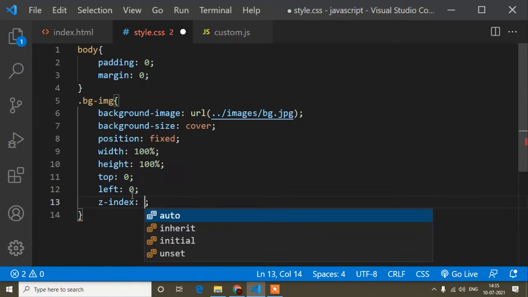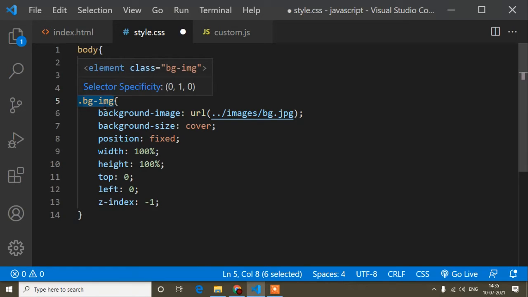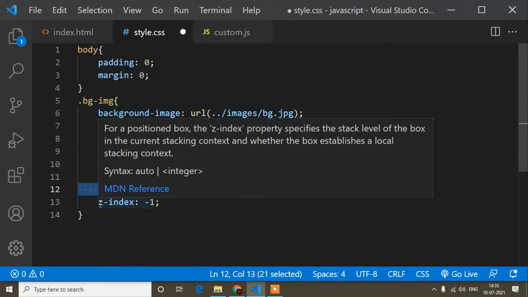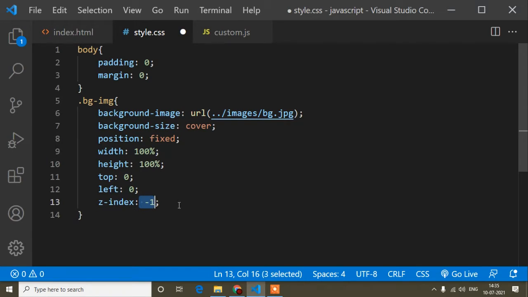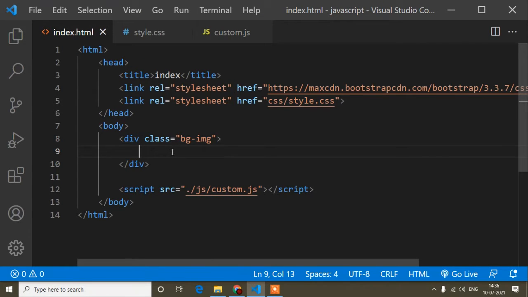First of all you have to understand why we write position: we write it for making our div floated. So that means this bg image is now a floated div, I mean this bg image class will be floated. So from where the div will be floated, we have to define. I have defined here top and left, and how much the div will be floated, we have to define. That is z-index. I have written z-index -1. Okay, so this one is saved, and now if I refresh this one, you can see the background image is added. This is done, and now I will go to our HTML page again, and here I will write